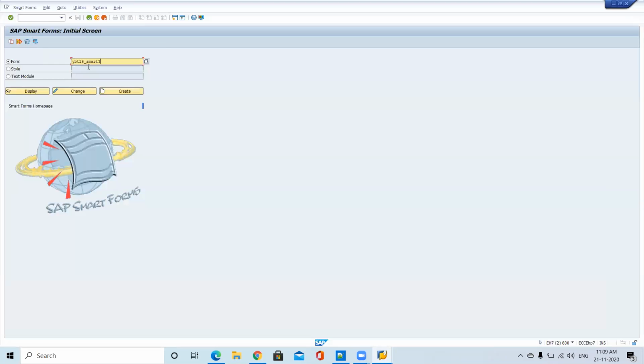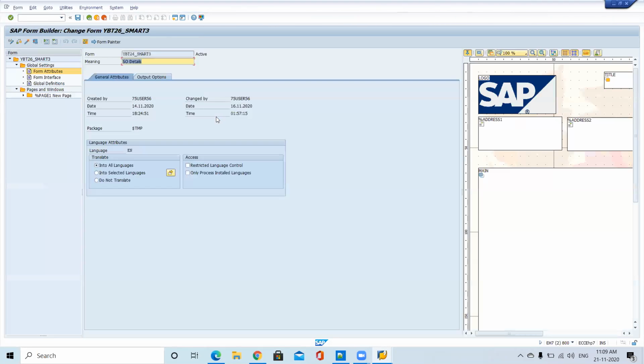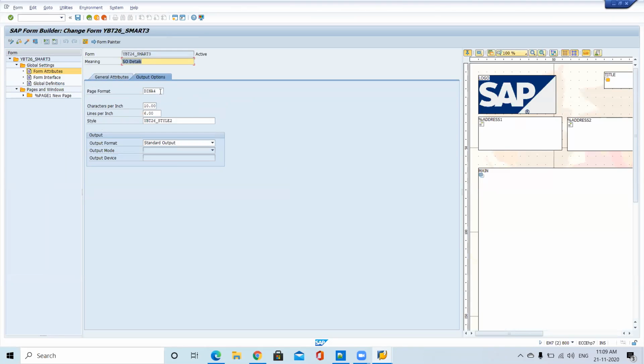At the time of creating the smart form, in the starting properties itself, under output options, we specified the A4 size paper. So internally it will take the length and width of the A4 size paper. If it exceeds, finally it can't print. So it should adjust in the available space.